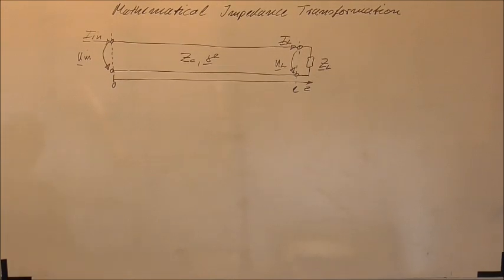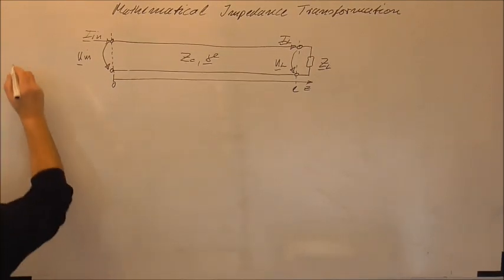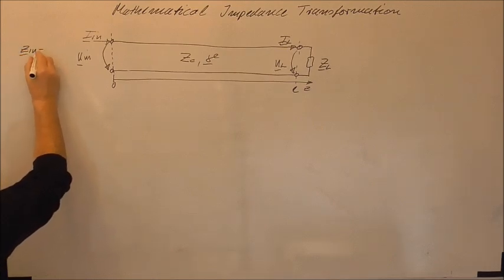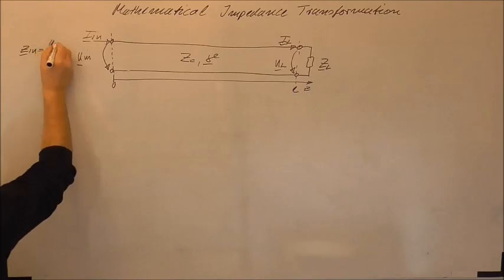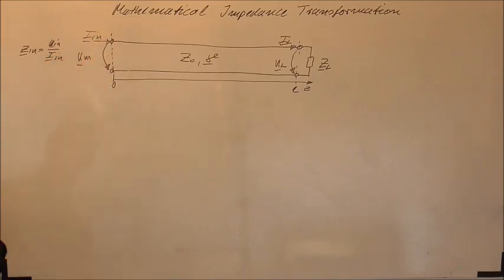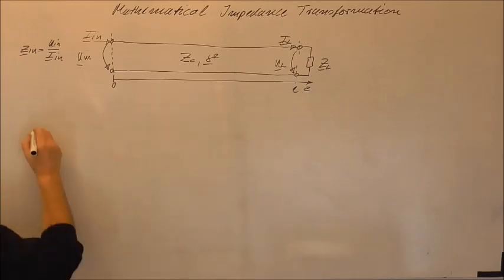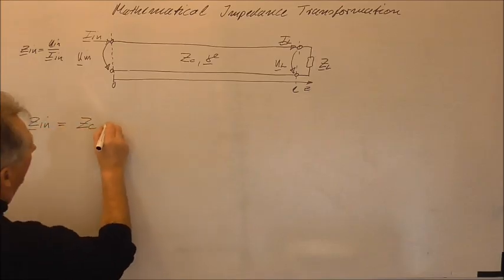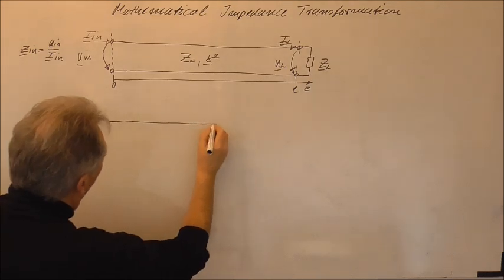So now I will give you the result for the input impedance. Of course the input impedance Z_in is nothing else but the voltage U_in divided by the current I_in at this port of the transmission line. And if you go through all the mathematics, you will find that the input impedance Z_in will be equal to Z_C, and here we will have